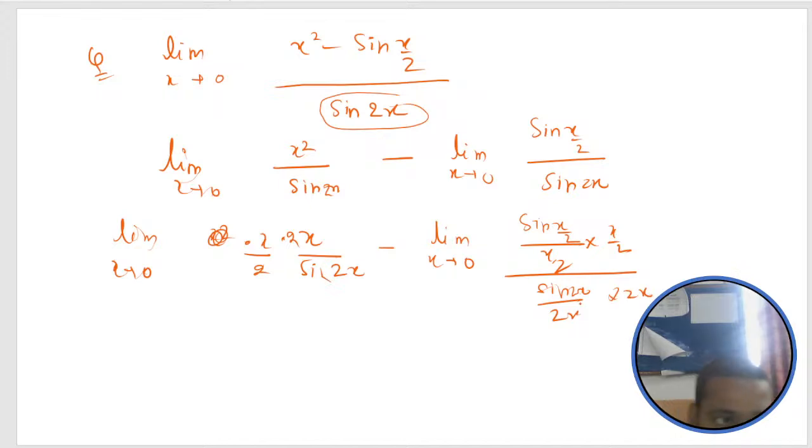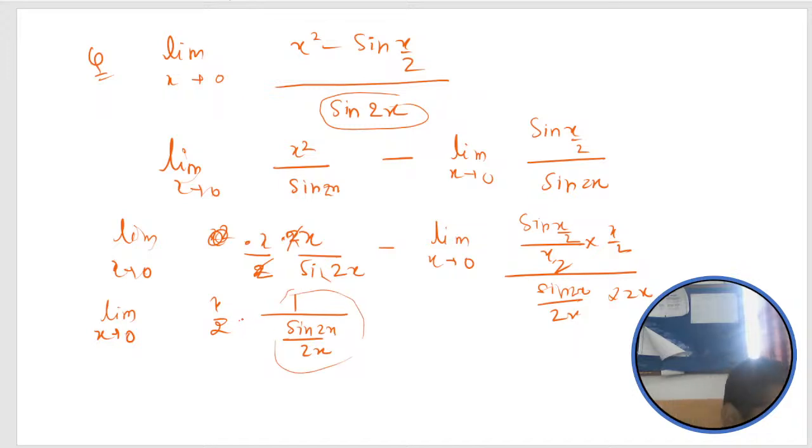Now the 2 and 2 will get cancelled. x by 2, and you can write 1 upon sin 2x by 2x, and this is going to be 1, and this is going to be 1, and minus